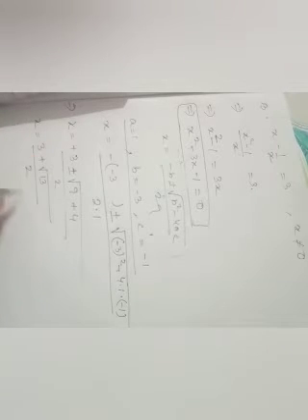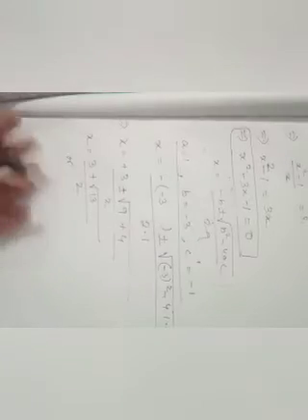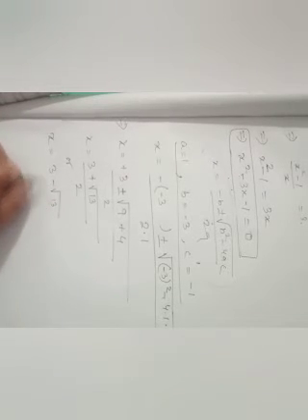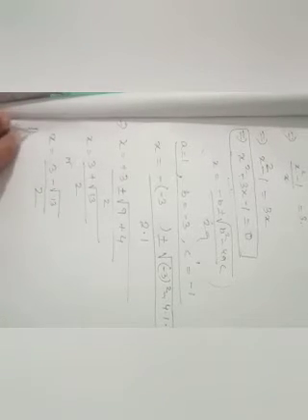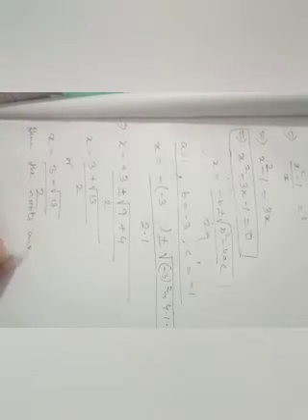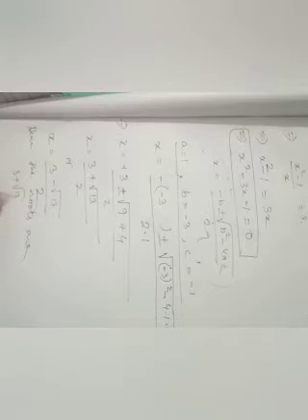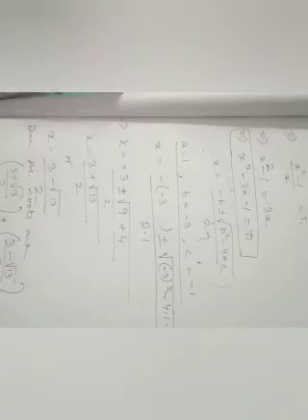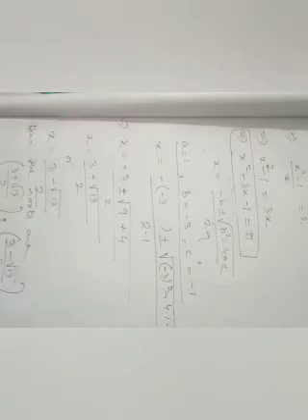If I take the minus sign, the root will be x is equal to 3 minus root over 13 by 2. So hence the roots are 3 plus root over 13 by 2 and another is 3 minus root over 13 by 2. Okay. So next question, next I am solving the second question of question number 3.